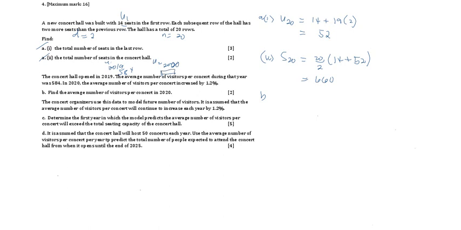It increased by 1.2%. 1.2% in decimal is 0.012. So we can use the formula u sub n equals u sub 1 times r to the n minus 1. So our u sub 2, which is in the second year, is 584 times the r, which is 1 plus 1.2%,